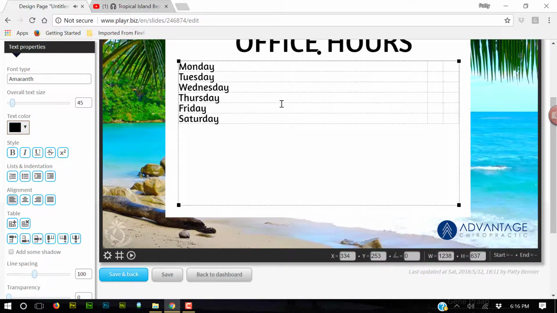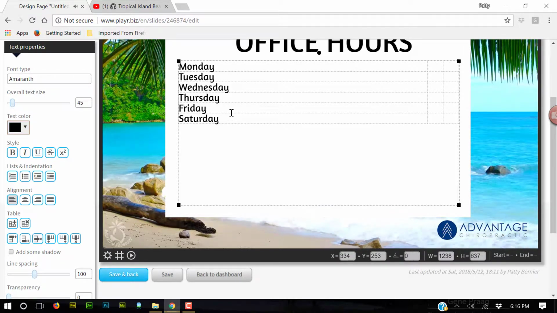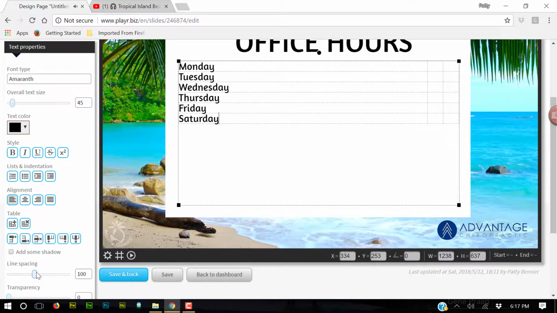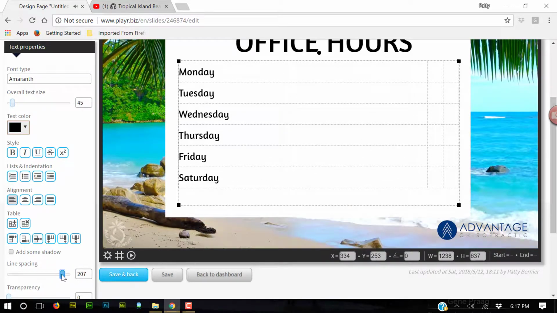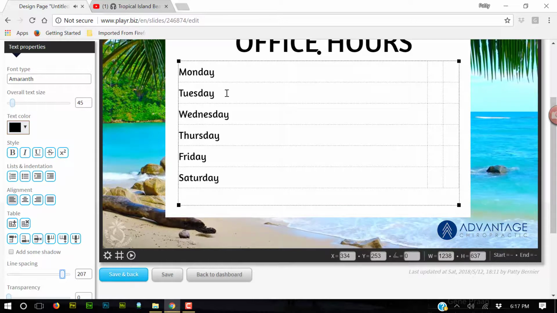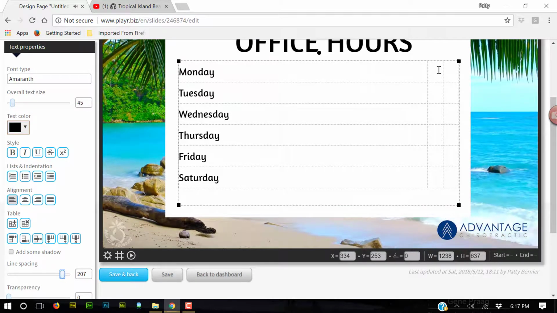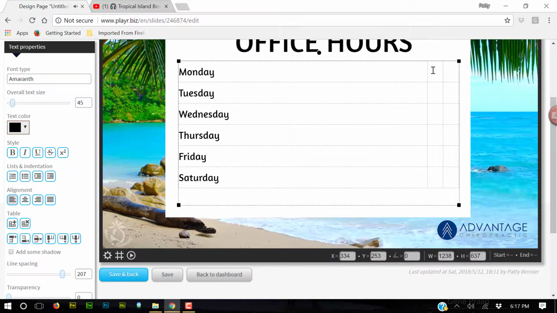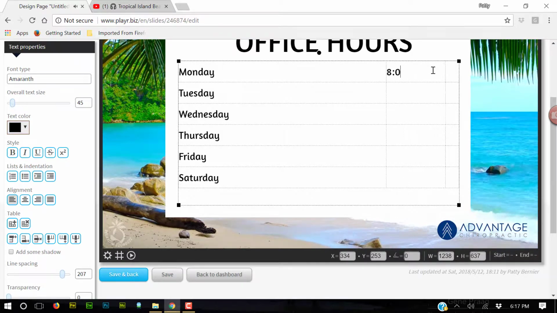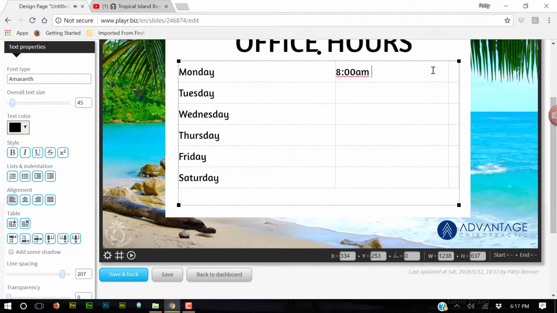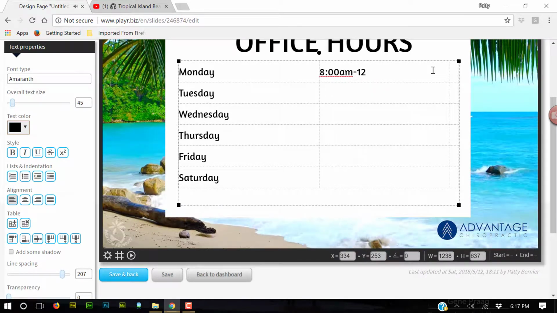Okay, so I put in all the days of the week that the clinics are usually open, and you see it's nice and tight up here. I'm going to take this line spacing on the left side right here and stretch it so it gives me a lot more space between all of the days of the week. Now we're going to move over into our second column, and I'm going to start putting in times that you're open, and it could be, let's make that just a little tighter, 8 till 12 o'clock